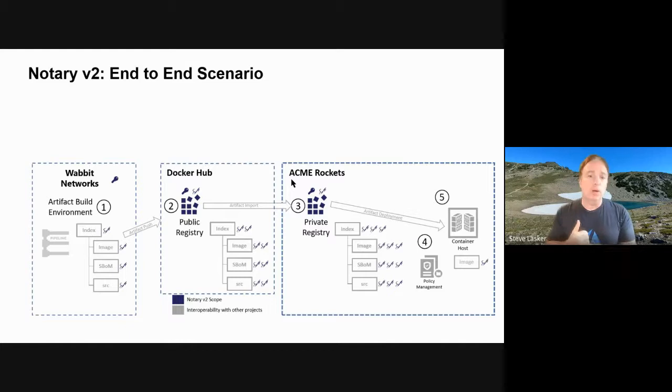We want to be able to query the registry for the artifact that's being asked to be deployed. And it could be deployed by the digest or the tag. It will go get the signature. And if the signature matches one of the keys that are approved, in this case, the Acme Rockets key, then it will go and get the image and bring it down. So there's that kind of multiple lines of defense. And if it's good, it's deployed. And if it's not, it fails.